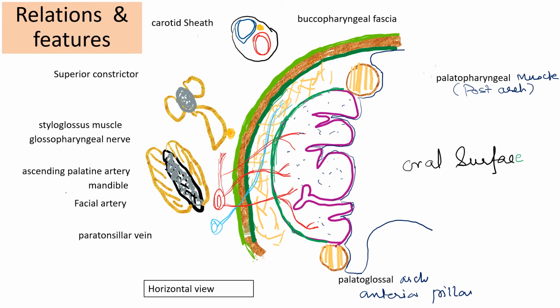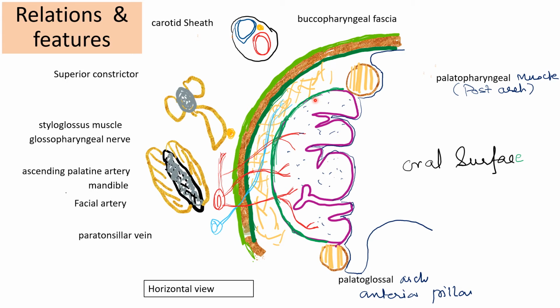Then the anterior border of the tonsil is related with the palatoglossal arch, and the posterior border is related with the palatopharyngeal arch. Okay, then the superior pole of the tonsil, because it is an almond shaped structure with the bulging oral surface, so there is a superior pole and inferior pole also. The superior pole of the tonsil is fitting into the uniting edges of both arches, so that is actually the apex part. And the apex lies a little deeper into the substance of the soft palate. The base is in contact with the tongue.